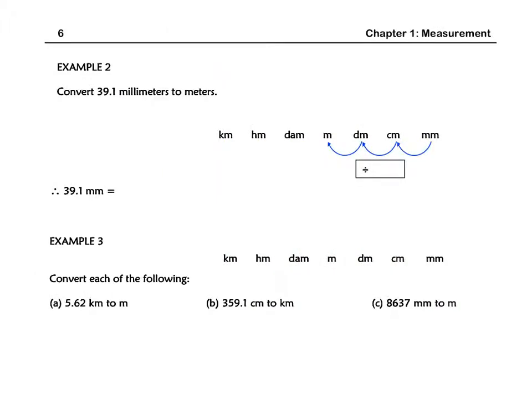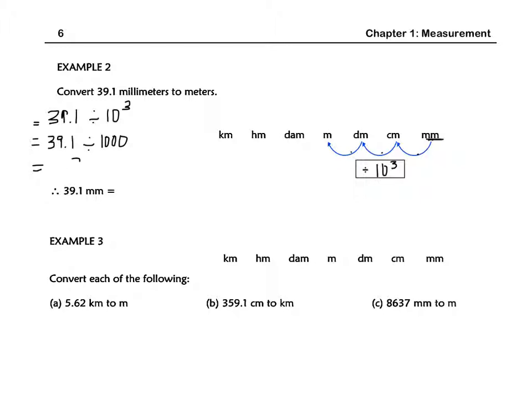Okay, so if we were converting 39.1 millimeters to meters, we're starting here and we're moving back 1, 2, 3 jumps, so we'll be dividing by 10 to the power 3. So that would be 39.1 divided by 10 to the power 3, which is 39.1 divided by 1,000,